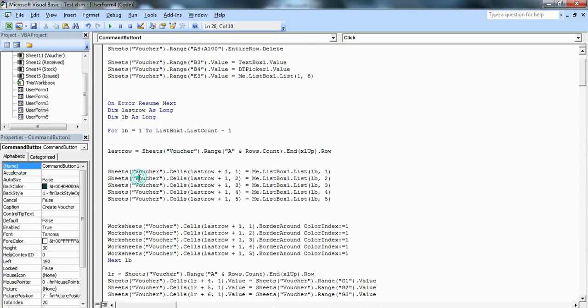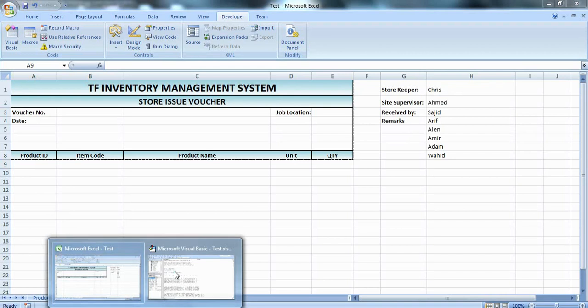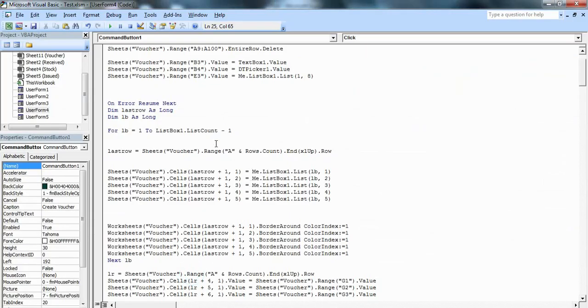Then we have typed SheetVoucher.Cells(LastRow + 1, 1) = Me.ListBox1.List(LB, 1). It means the first column of our voucher will be filled from the first column of our list box.